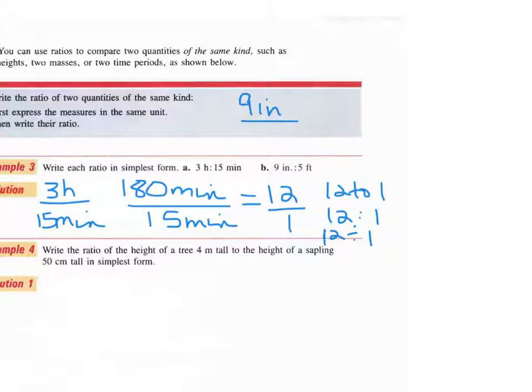9 inches over 5 feet. Again, I'm going to make the larger unit into the smaller. So to convert 5 feet into inches, I'm going to multiply that by 12. Whenever you're going to make a larger unit into a smaller unit, you always multiply by that conversion. So 5 times 12 is now, this becomes 60 inches